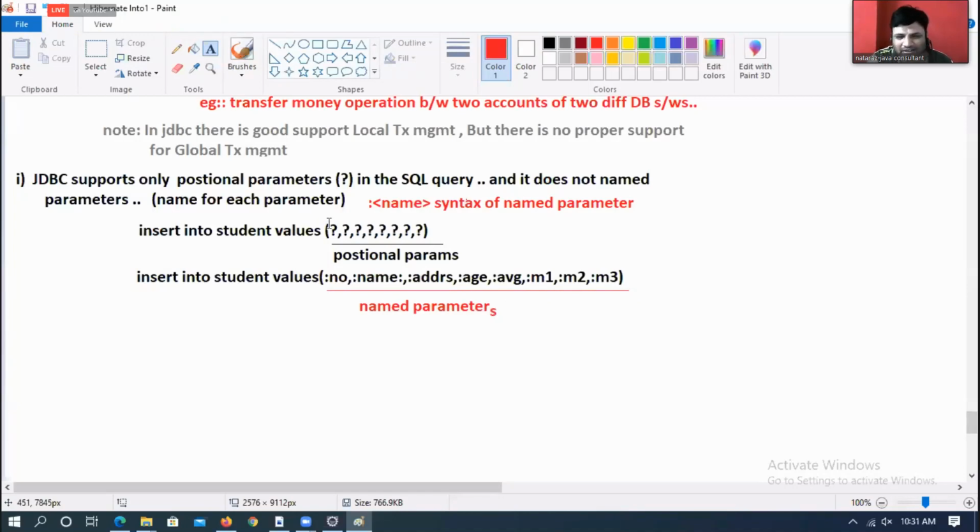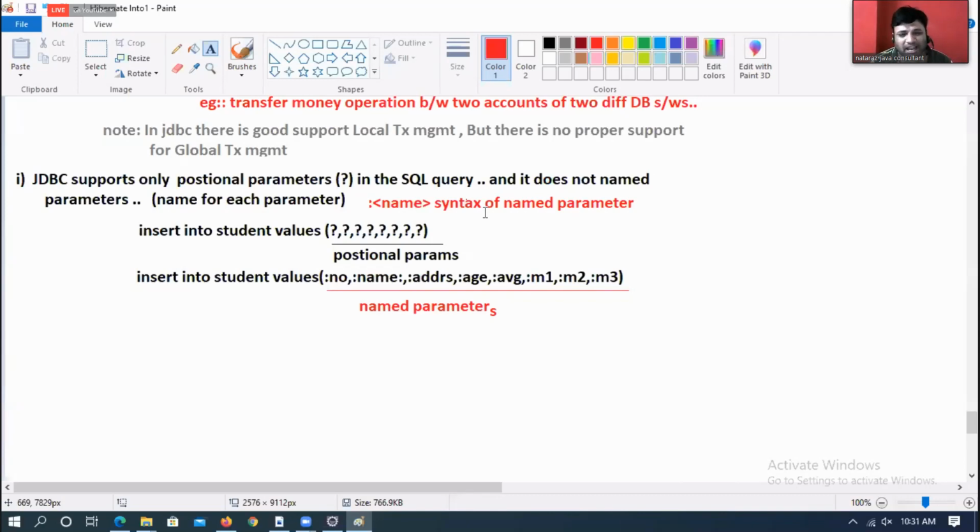See, because of the question mark, we are feeling it is a parameter. But there should be some sign to feel these are parameters, not the SQL keywords, not the column names, not the table names. There should be something to differentiate them from other things. That is colon name. Colon name is the syntax. Mr. Sumit, I hope you got your answer. It's the syntax to tell that it is not an SQL keyword, not a table name or column name, but a parameter. It should start with colon.